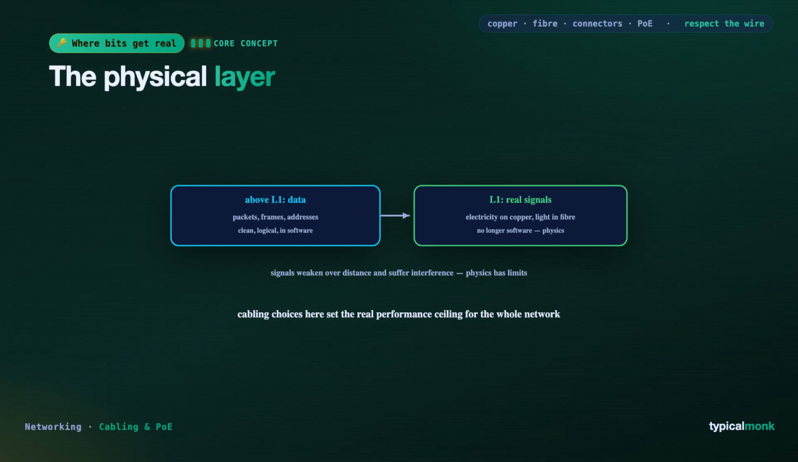And those physical limits are exactly why this layer matters. A signal weakens over distance, it can be corrupted by interference, and different media carry it differently. The choices you make here, which cable, how long, in what environment, set the real-world performance ceiling for everything above. You can have the cleverest protocols in the world, but if the cable is wrong, the